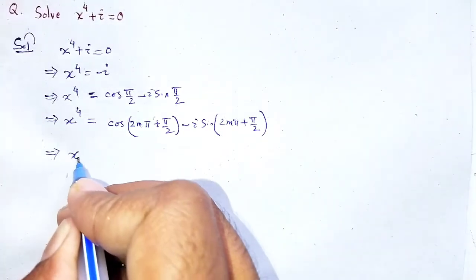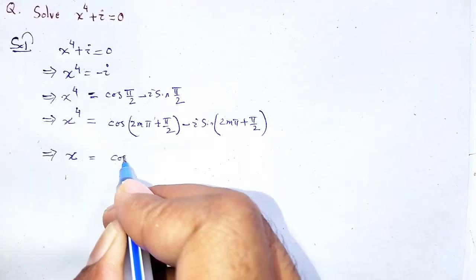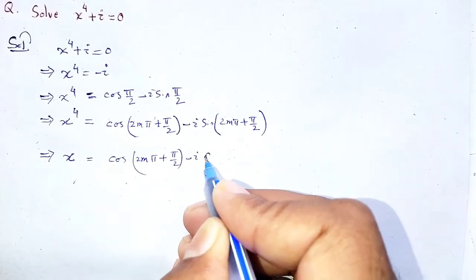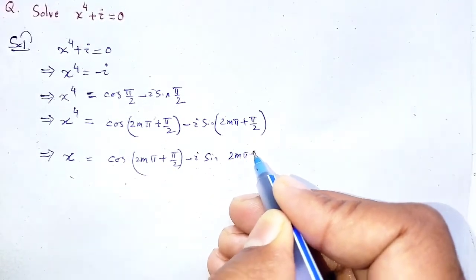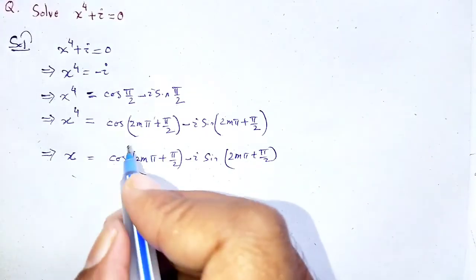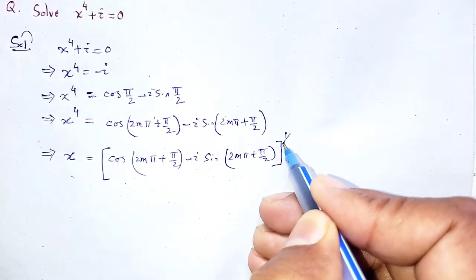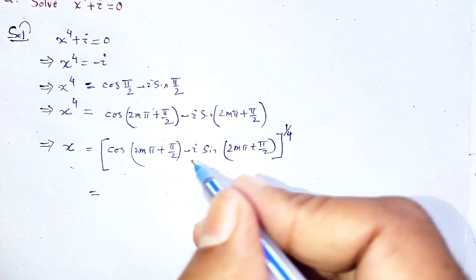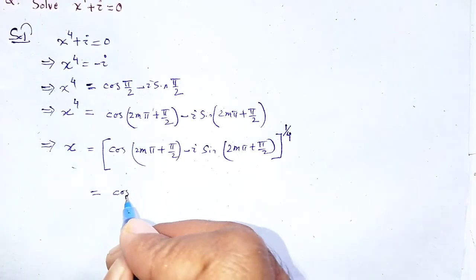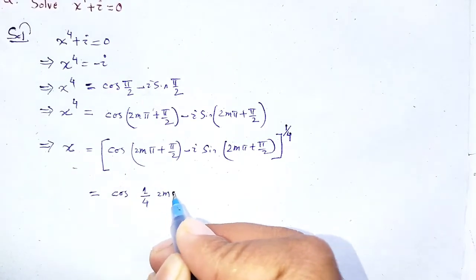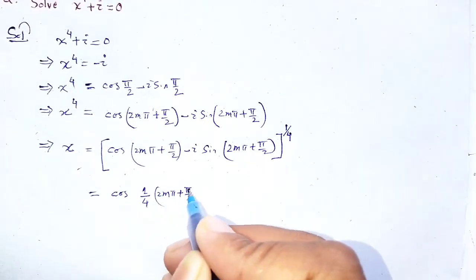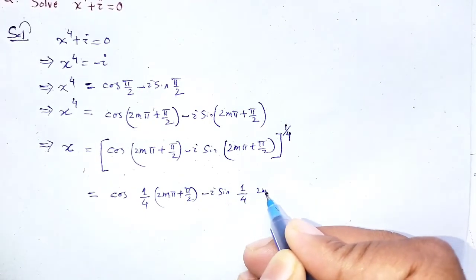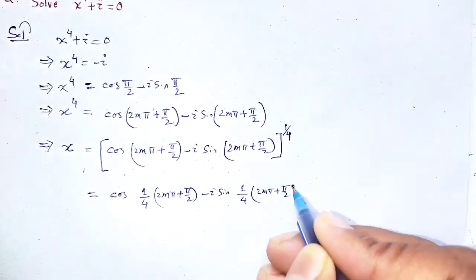Therefore, x is equal to (cos (2m pi plus pi by 2) minus i sin (2m pi plus pi by 2)) to the power 1 by 4. Now, we have to use de Moivre's theorem here, where the power is multiplied with the angle. We have cos (1 by 4 into (2m pi plus pi by 2)) minus i sin (1 by 4 (2m pi plus pi by 2))